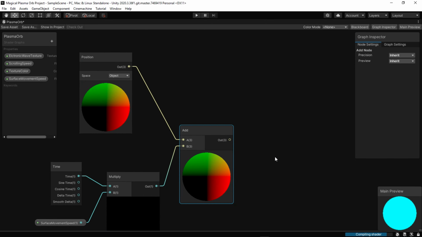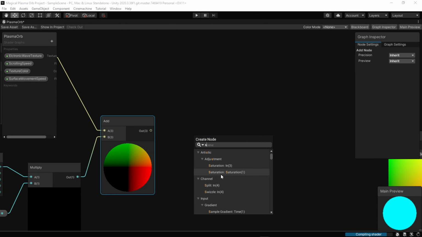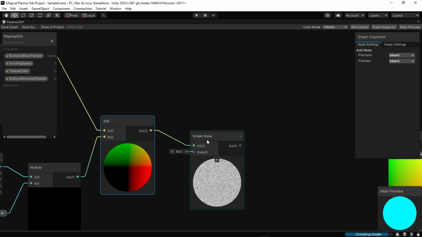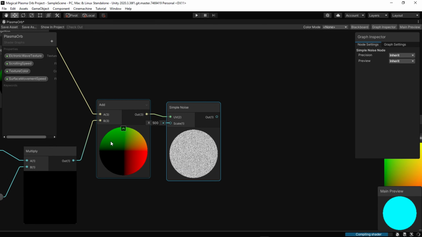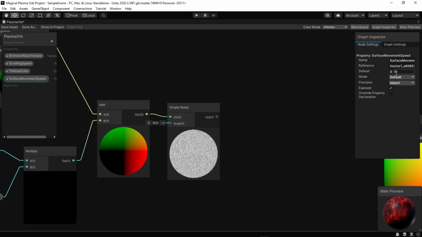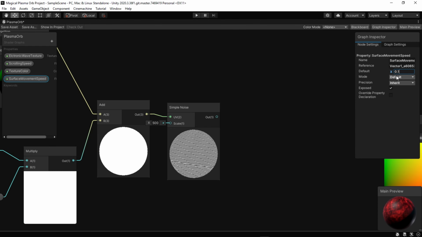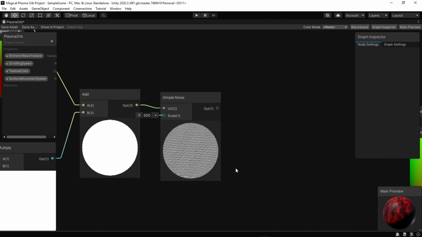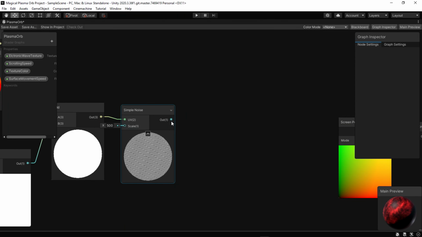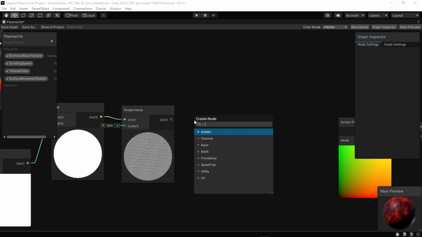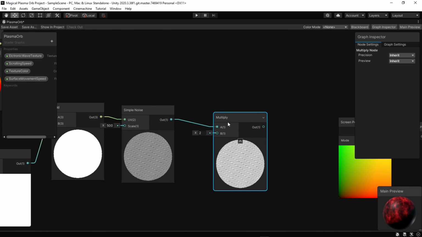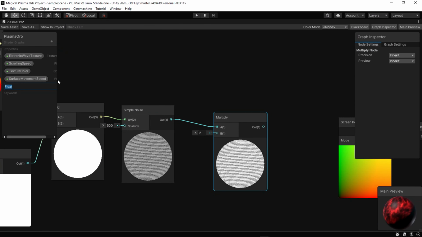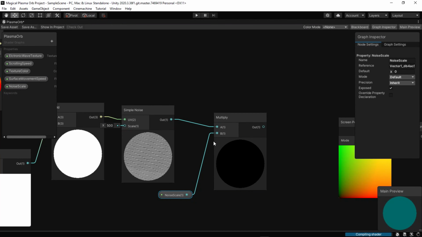To get a random noise for each vertex of this sphere, we need simple noise node. Now let's create a parameter to control the noise scale, then multiply that with the result of simple noise.